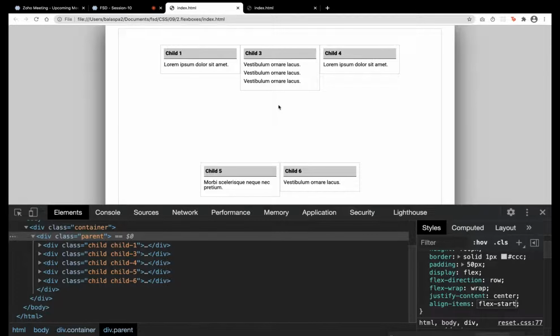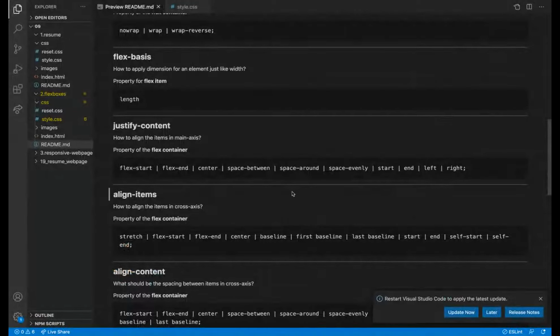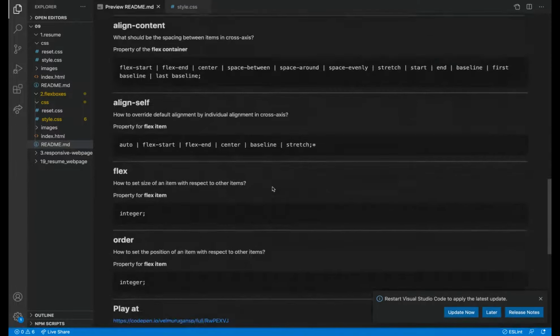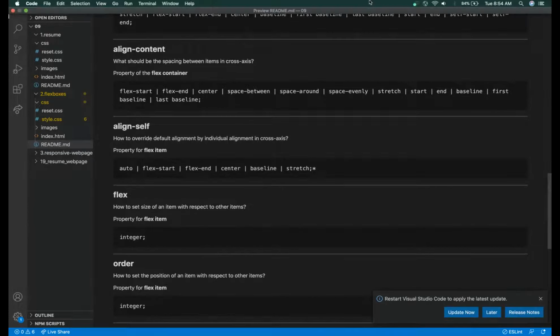Center means in the center, within this column, within this section. It will align vertically to the center. Now it is aligned vertically at the top. If I give end, it will align vertically at the bottom. Simple. You can play around with it and you'll come to know where you want to use what. There are only 3 or 4 more items. We will complete that soon.